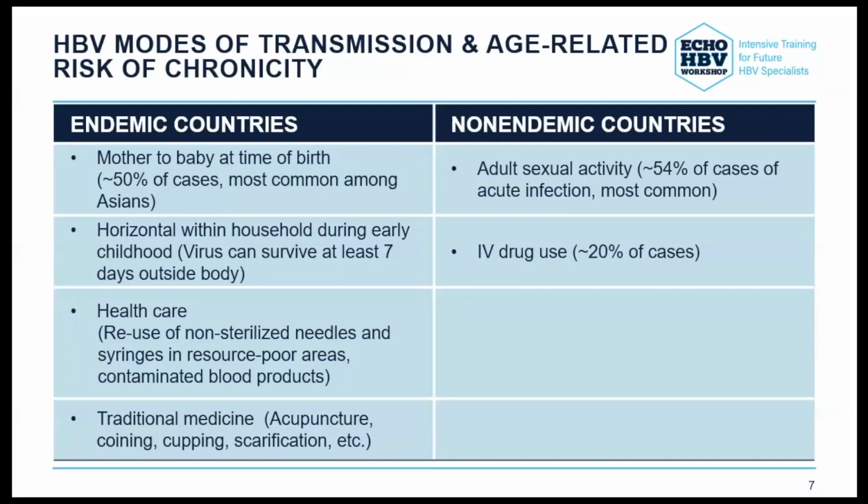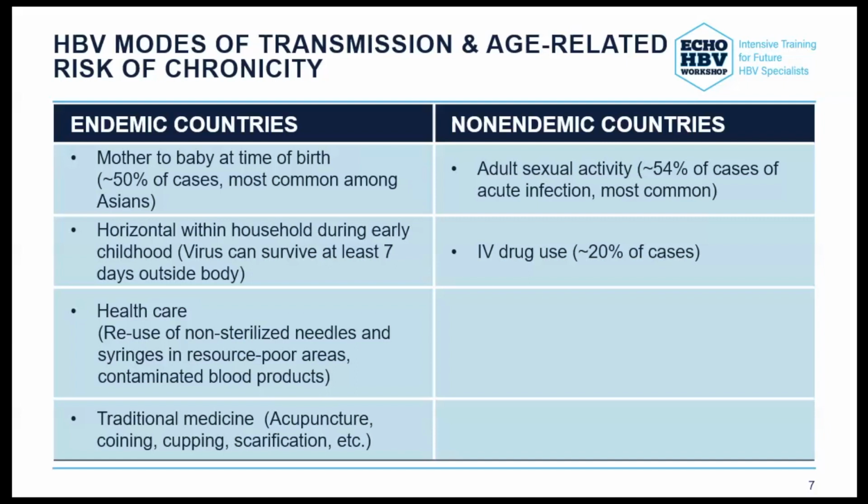Here it shows you the comparison of patients who have hepatitis B from Asia versus in developed countries like Europe or the United States. The transmission mode is different. In Asian or developing countries, including Africa and South America, particularly in Asia, almost 90% of them are from mother to child transmission. So mother to child transmission is the main transmission mode in Asian individuals.